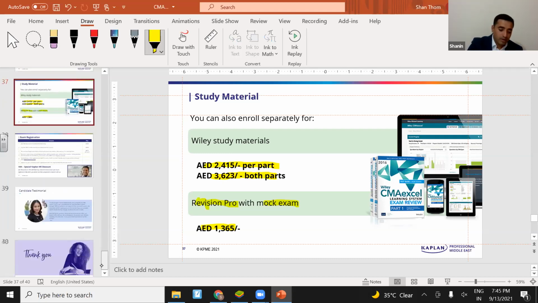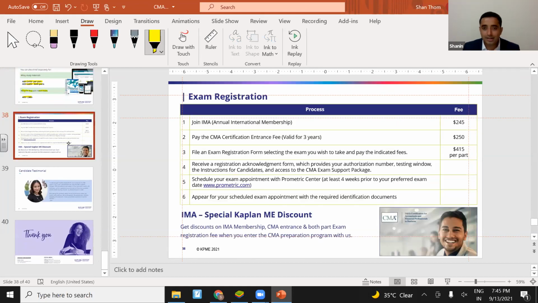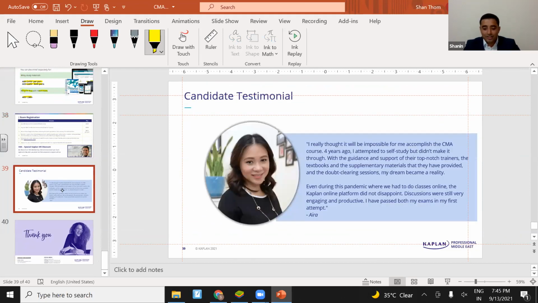Okay. Now, this is a slide that Rabi already spoke about. And then talking about testimonials. Now, these are some candidates who have studied with us in the past. But again, testimonials, I have very little to add because you must have seen these testimonials in the past also. But one thing that I can definitely tell you is that, at a very personal level, not that because I am at Kaplan and I want to represent,